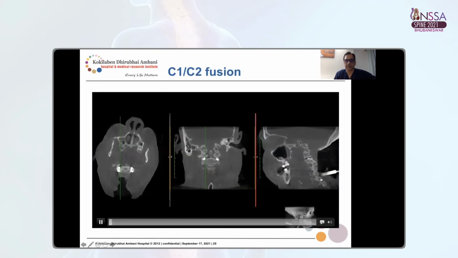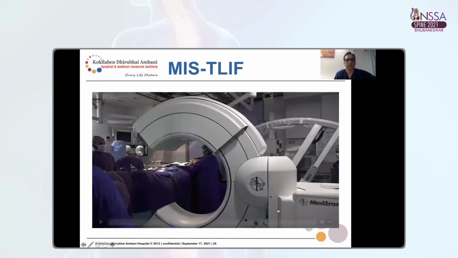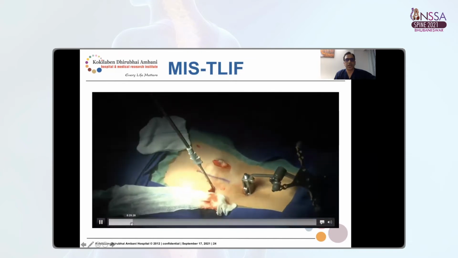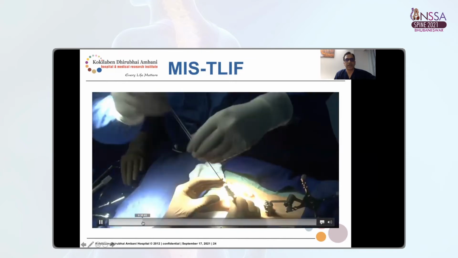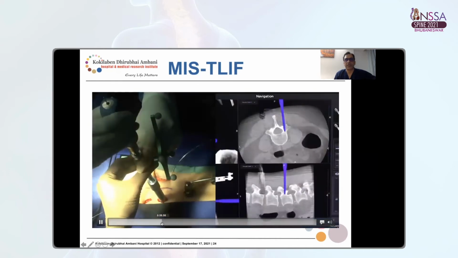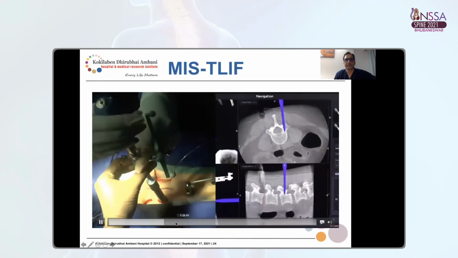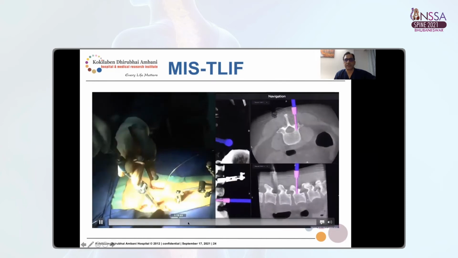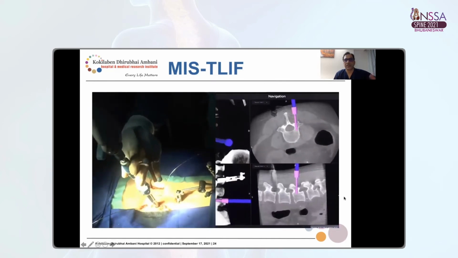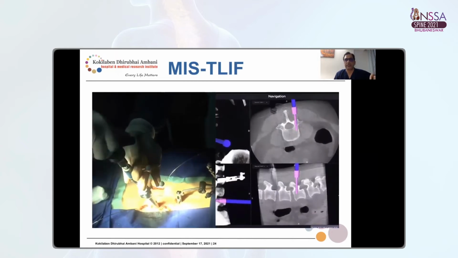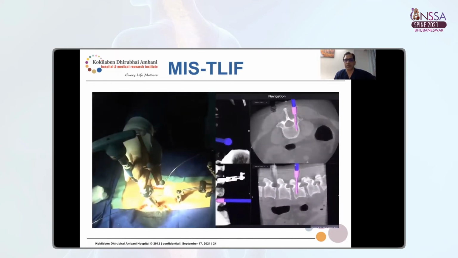So that's a pack needle gone in, and you put a guide wire through it, remove the pack needle, pass the tap through the guide wire, and you tap the pedicle, and then put the screws in. So that's a typical workflow for any pedicle screw fixation. Accurately, you can localize the pedicle, and the diameter and the length of the pedicle can be assessed